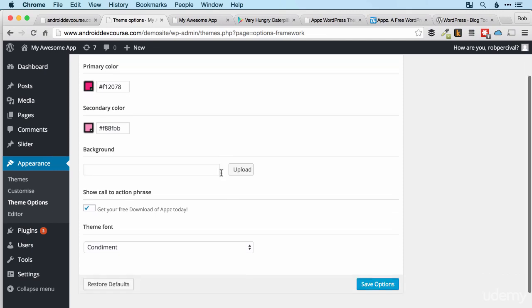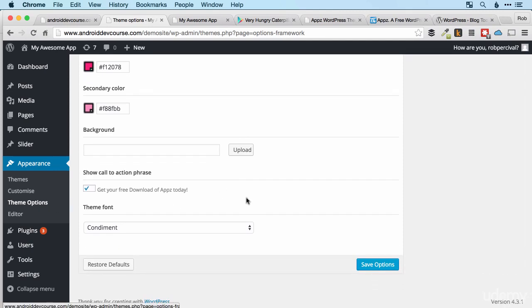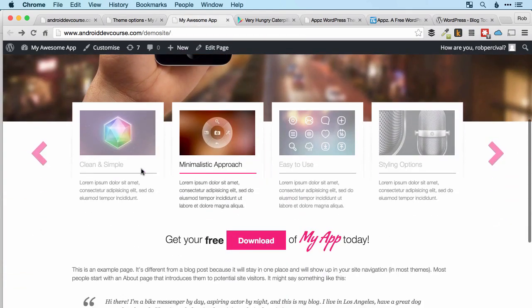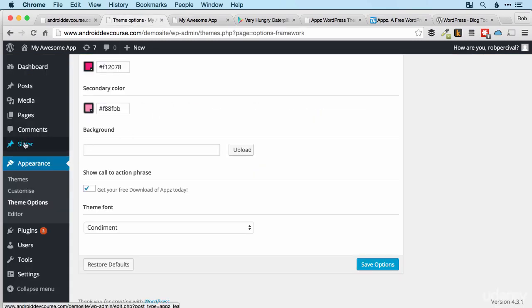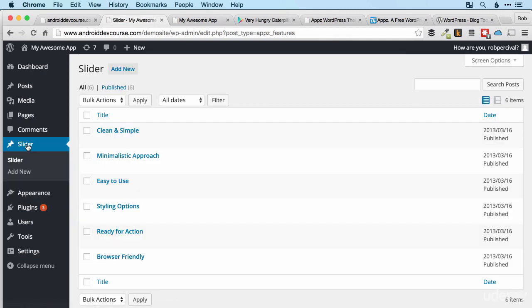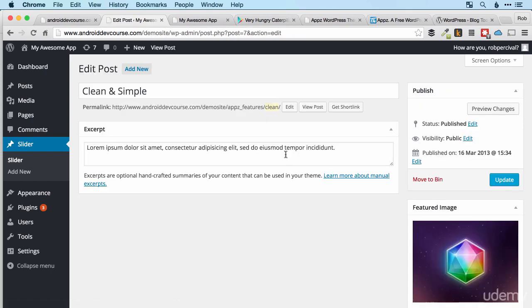All right, so now we've changed all the theme options. We want to start editing the content. So working my way down, I'll start with this slider here and show you how to edit that. You can see that now we've installed the theme, we've got a slider option appeared on the menu on the left. And you can see very simply, this is where all the content for the slider is saved. So if we click edit on that clean and simple,